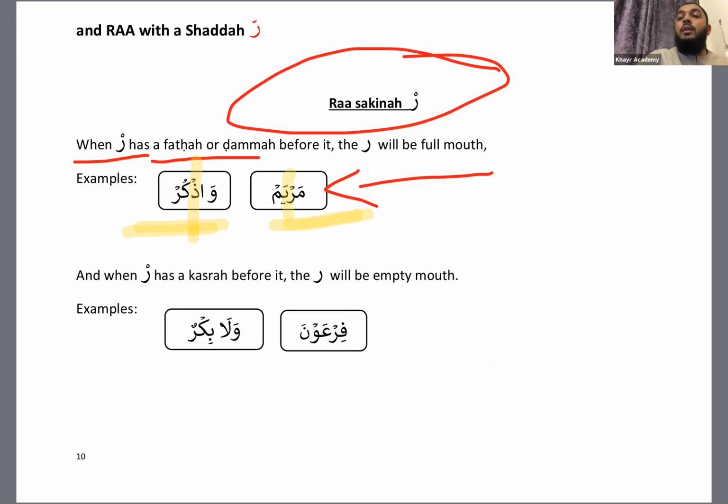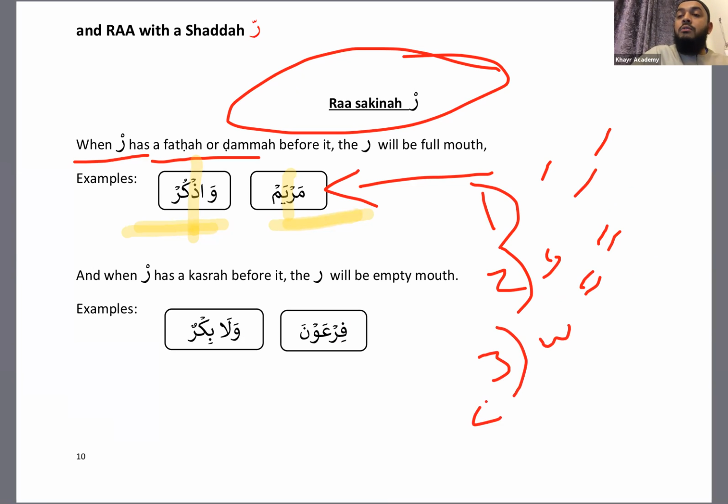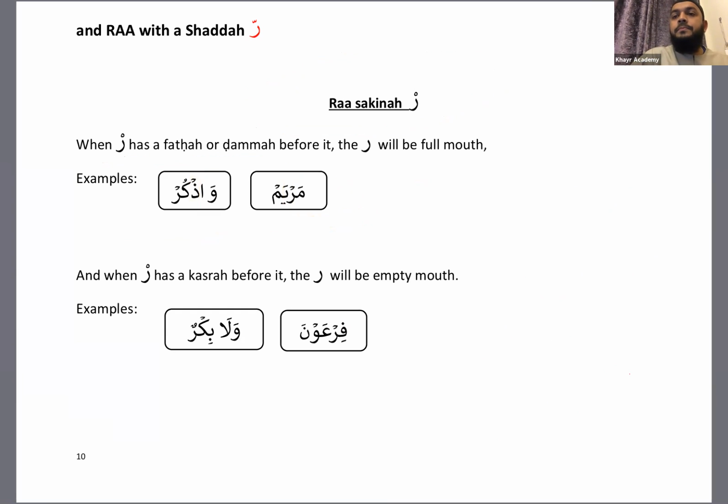For now, we've learned 4 scenarios. 1 is fatha kasra dhamma. 2 is 2 fatha 2 kasra 2 dhamma. The 3rd scenario was shadda. The 4th scenario is sakin. Is that clear with everyone, or is there any questions? No, that's fine with me. Brother Fahim, brother Farhan, brother Kibriya, and brother Amin. Is that okay? Yes, that's fine.